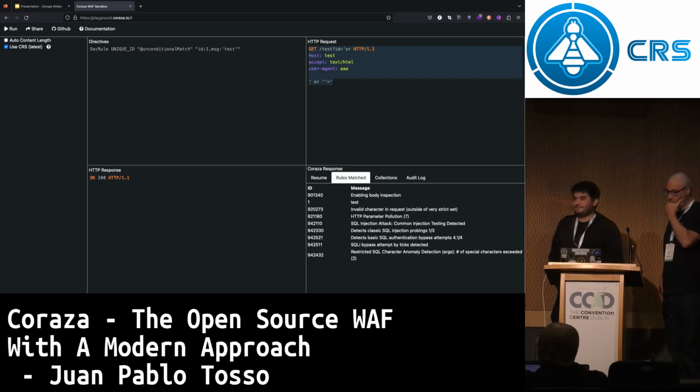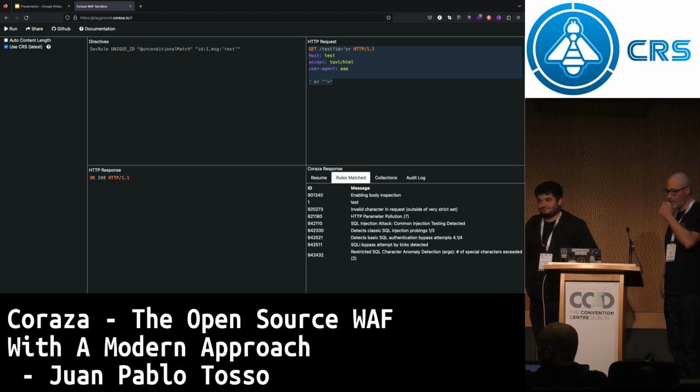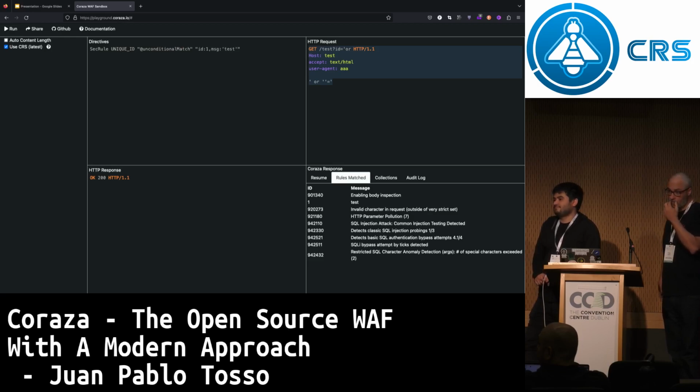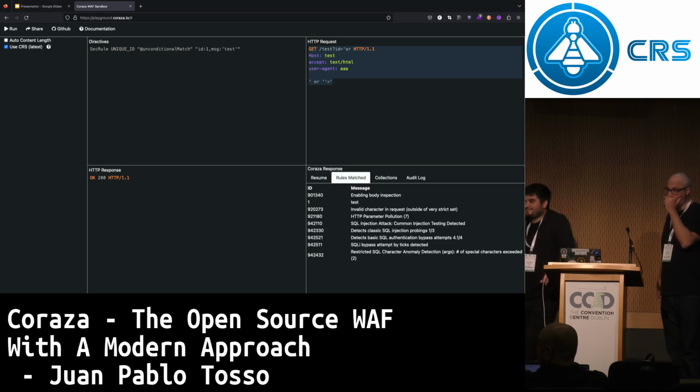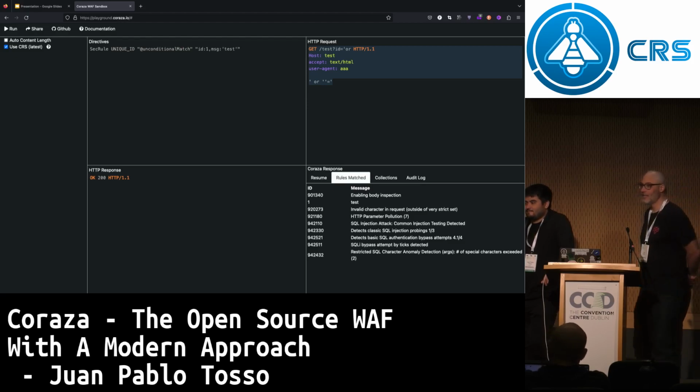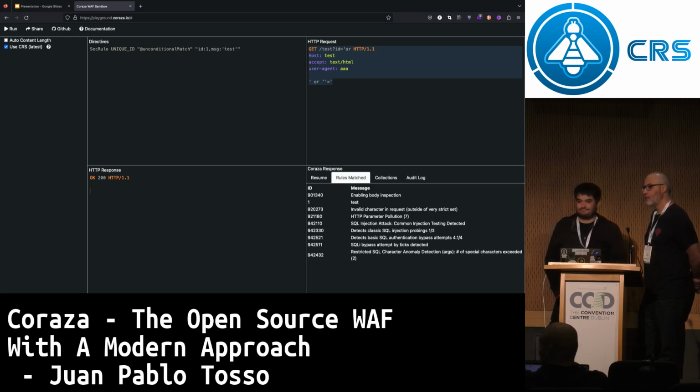I had a question to start with on the topic of WebSockets. I think it's quite an interesting idea to expand into looking at other things. But by definition, a WAF is a device that inspects HTTP messages. So I guess the question would be, do you see that as extending the definition of a WAF, or do you see that as a separate tool, like the Coraza WebSocket Inspector or something? And for other things that aren't WebSockets, this is BWAF. Beyond WAF. Yeah, we are looking beyond WAF.